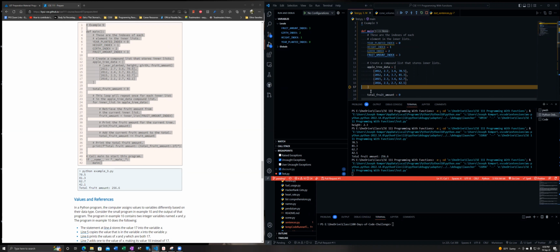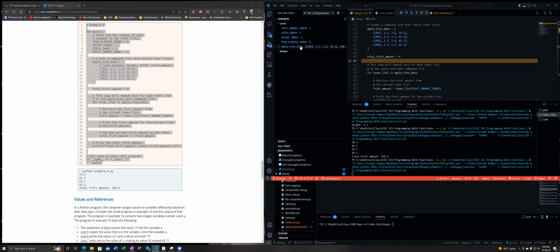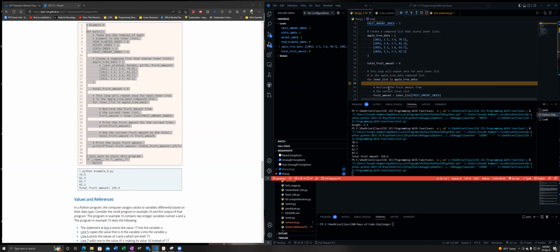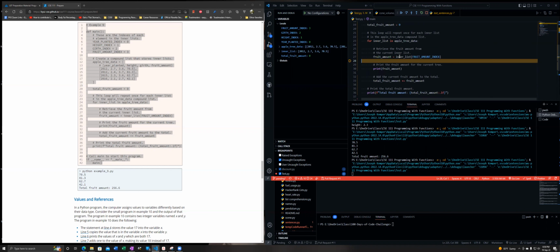And now gets to the end of the index, jumps back up to apple tree. And once I hit there, we now have our apple tree data. And then for root amount, okay. This loop will repeat once for each inner list root amount index. So this is going through here,